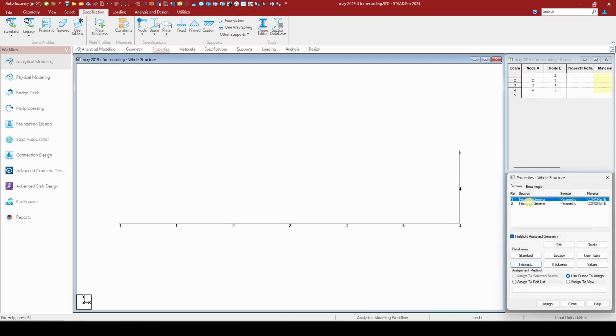Assign section number 1 to member 1, 2, 3. Click the section, click assign to edit list, press 1 space 2 space 3, click on assign, and then click section number 2, click assign to edit list, type number 4 over here, click on assign. You can see that the material assigned here is concrete. We have assumed our modulus of elasticity value is 2 into 10 to the power 8, so that we need